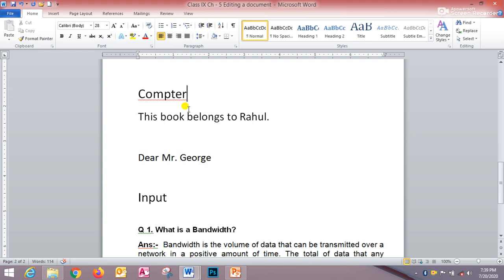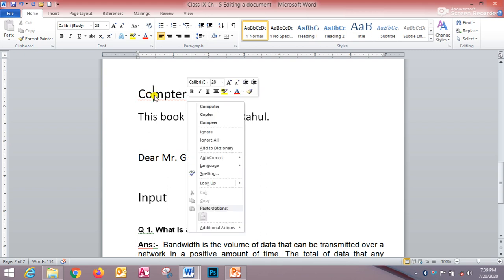A red wavy line under any word signifies an incorrectly spelled word. To correct the spelling error, right click on the incorrectly spelled word. A list of suggested corrections will be displayed. Select any option. Suppose here I am selecting the word computer.